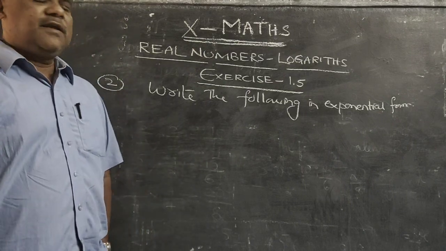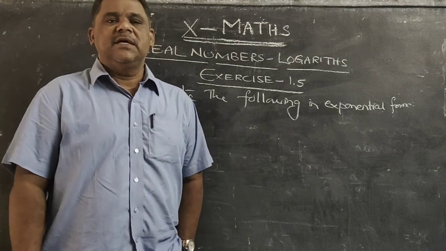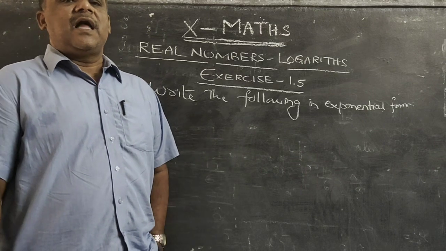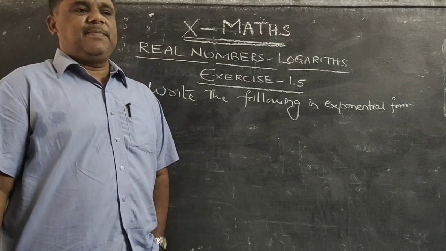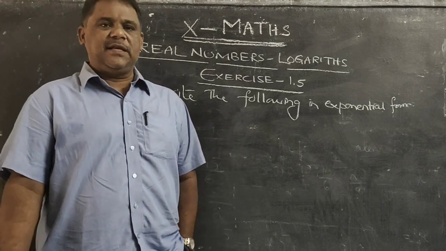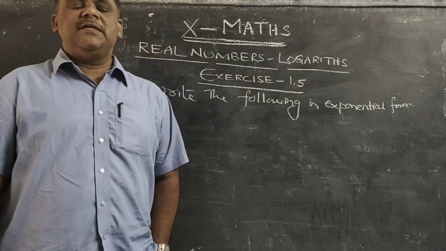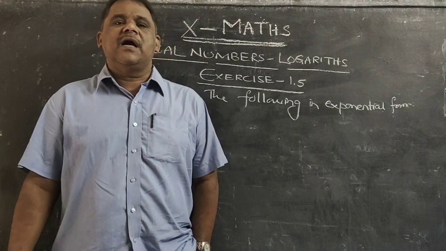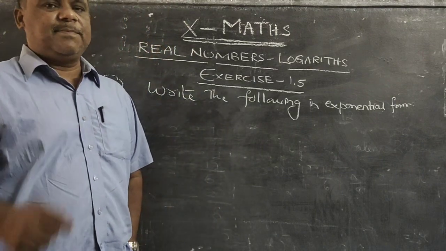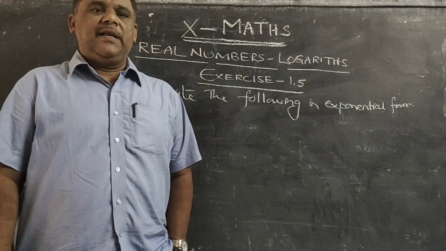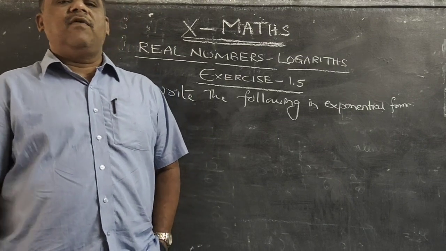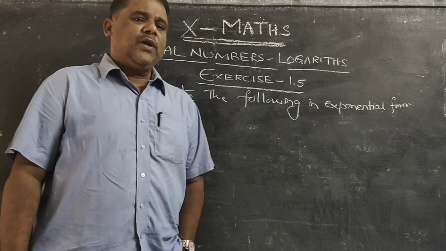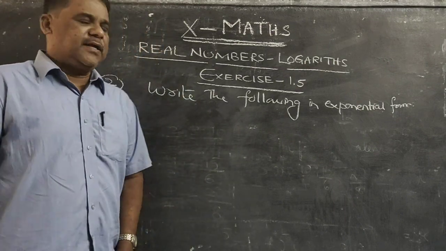And logarithms are defined only for positive numbers. Logarithms are not defined for negative numbers. Next, logarithm of a number itself as the base. For example, log 10 base 10 is 1. Log 20 base 20 is 1. Log 100 base 100 is 1. Like that, logarithm of a number itself as the base is always 1. Next, logarithm of 1, whatever the base may be, it is 0. So like that, some important formulae are there.